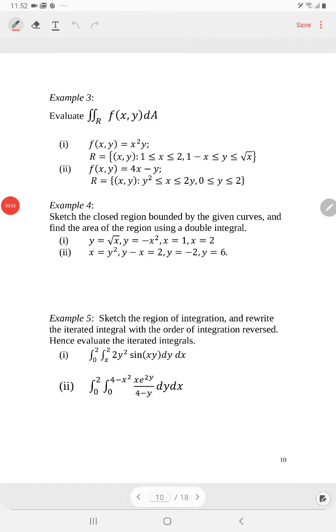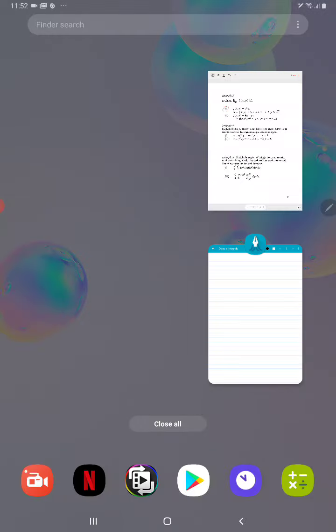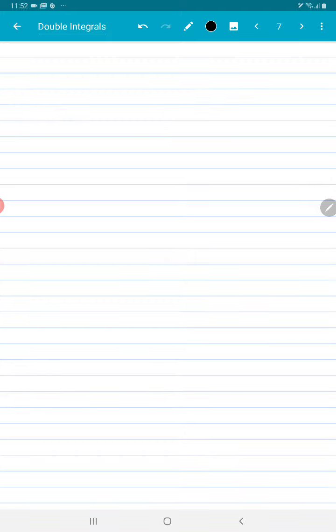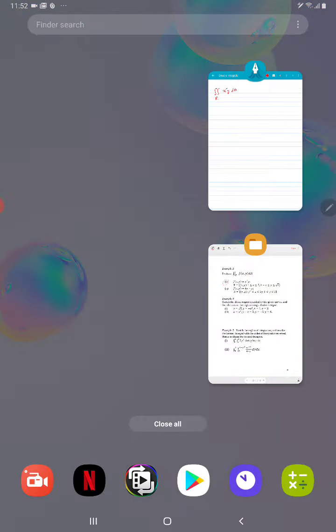Let's continue with example 3. Here we're given a function and we are asked to integrate over region R. Okay, let's proceed with example 3, item 1. Here we are asked to integrate the function f(x, y), which is x squared y, over region R, and our region R is